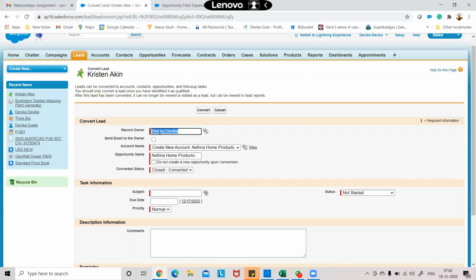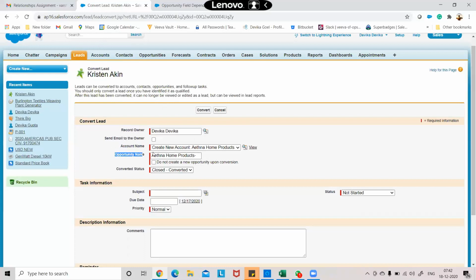The crack part was still with the one rep, and then other people are involved. It doesn't mean that whoever is taking care of the lead is also going to take care of the further part of the sale. So we can change the record owner for the account,